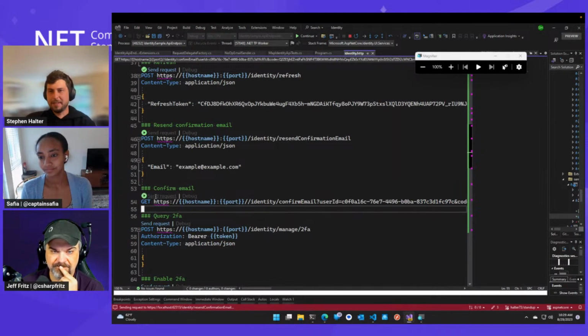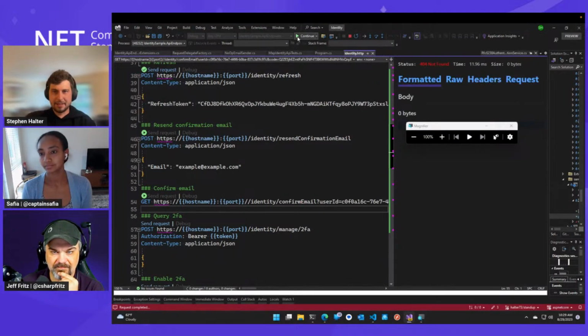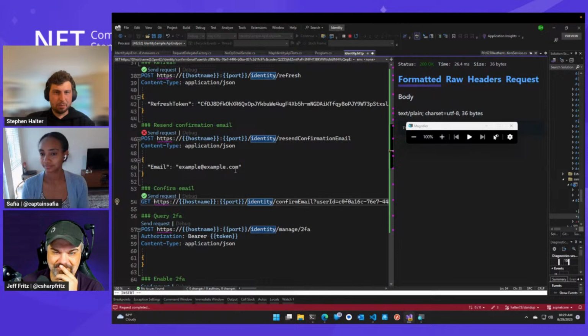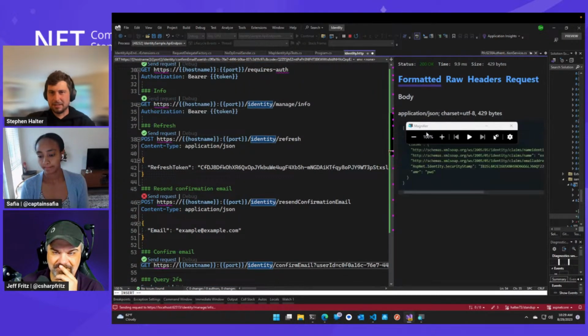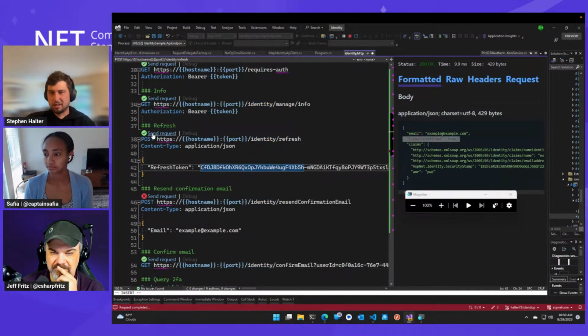So anyway, hopefully this will confirm the email. We'll get a 200 response if I can unpause the debugger. It's probably mad that I added an extra slash. Let's try. Okay, there you go, 200. And now, once we hit that info endpoint again, because the access token is still good, we should see that the email is confirmed. What's notable is the refresh request that was repeatedly working earlier no longer will.